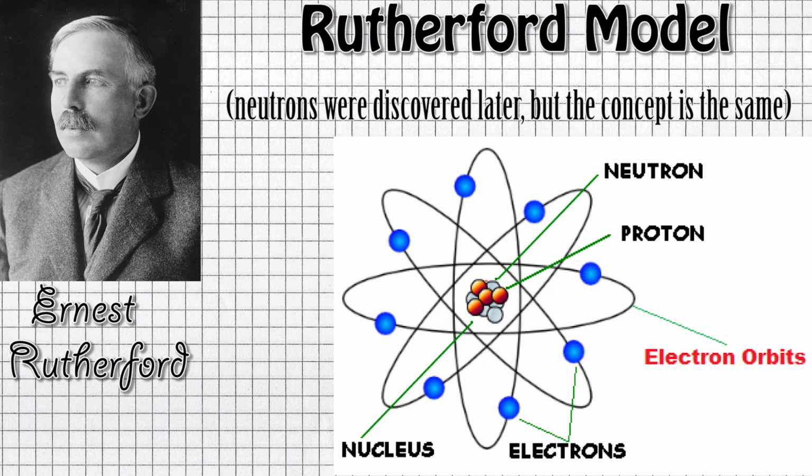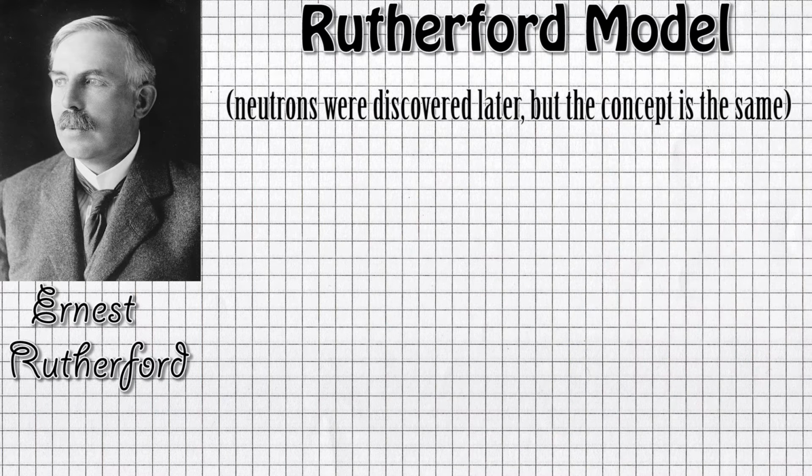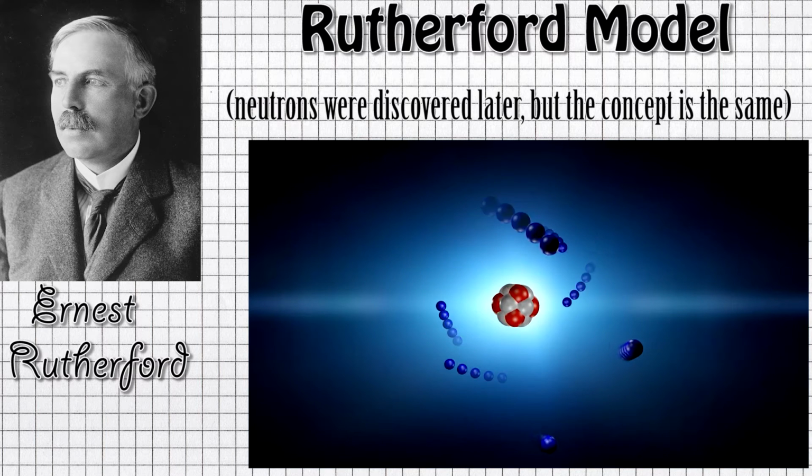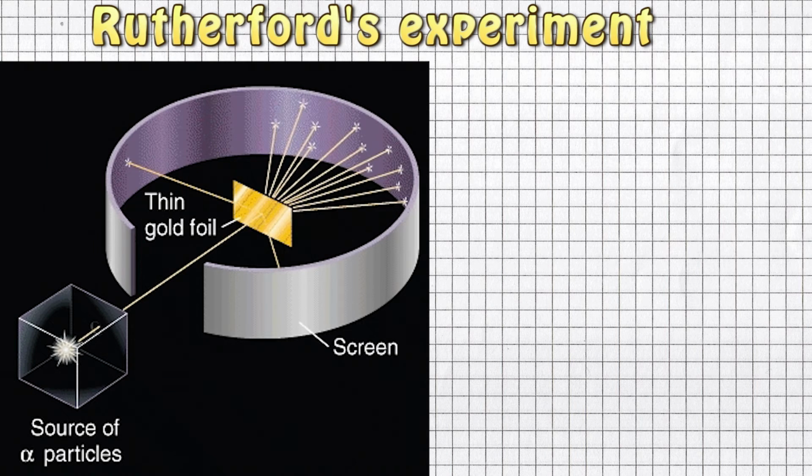which is made of protons and neutrons. Around the nucleus there is a cloud of electrons, but the most important part of this model is the fact that there is a nucleus. To prove that the nucleus exists, he made an experiment in which he used a thin sheet of